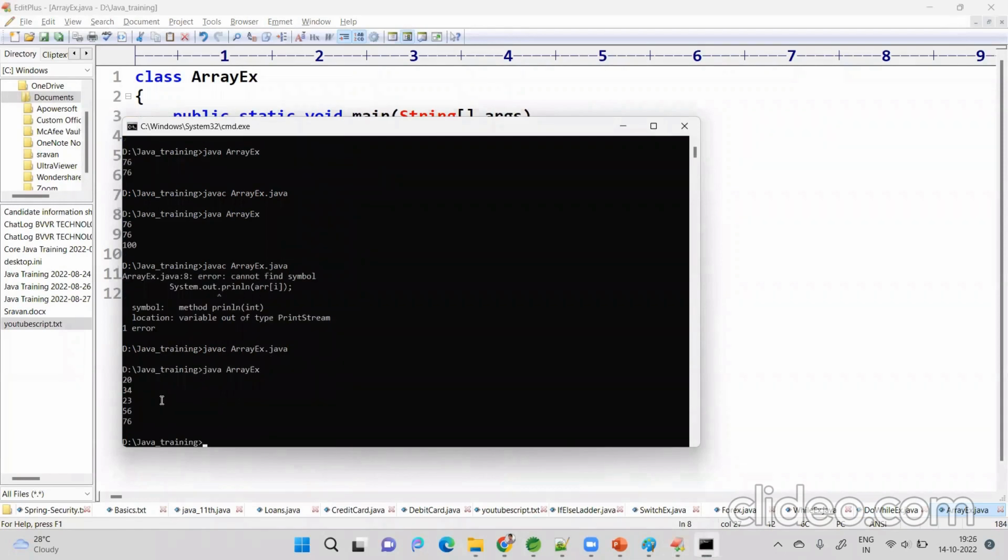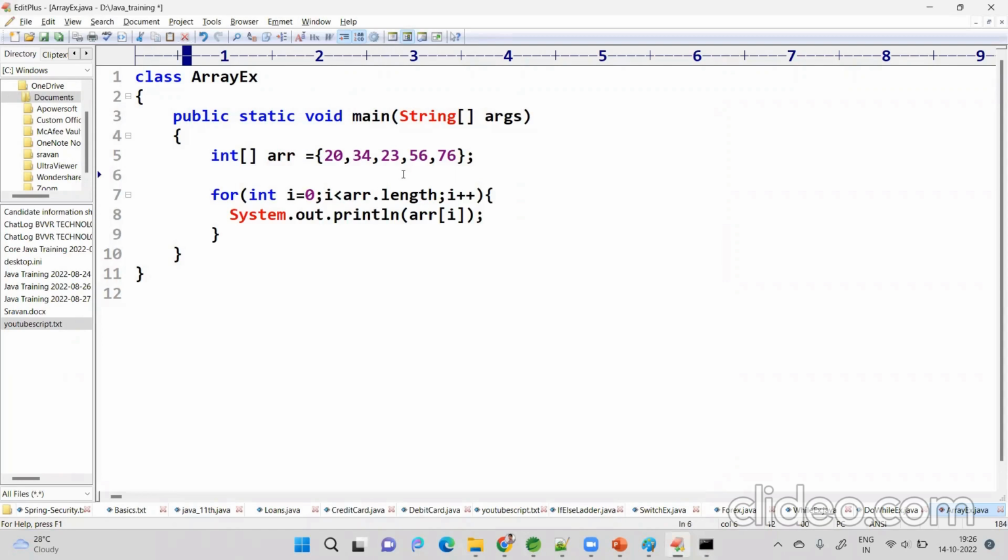We got every element, right? Then I have to do sum. How to take sum? This is simple logic. This logic will explain now. Then I will ask the questions next time to apply some logic for sum or find out the max element like that. Just take a sum variable here, initialize with 0, then